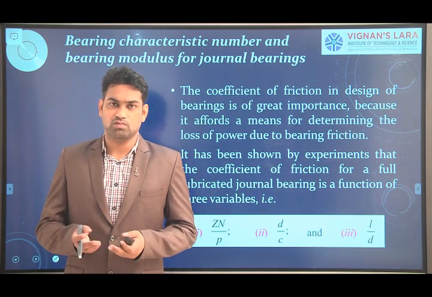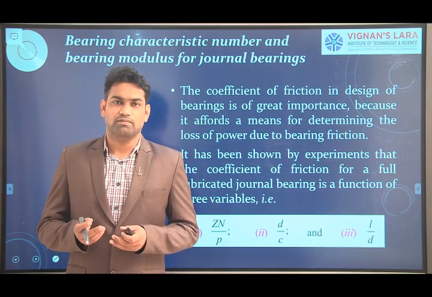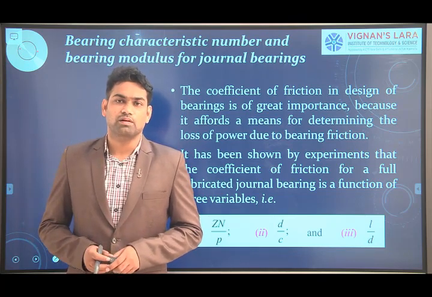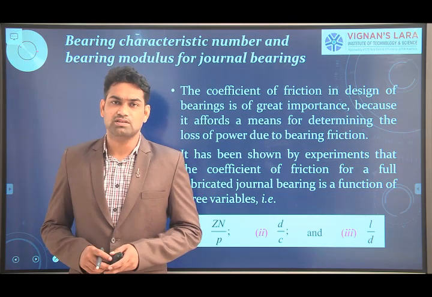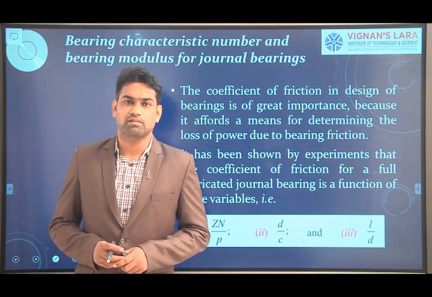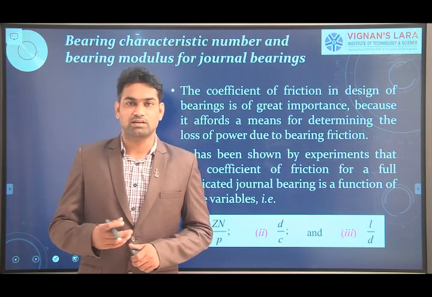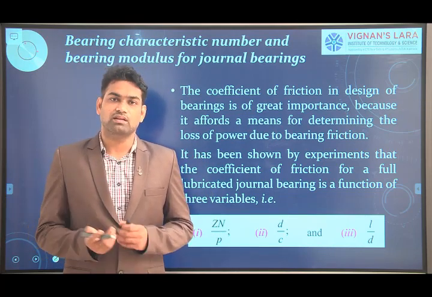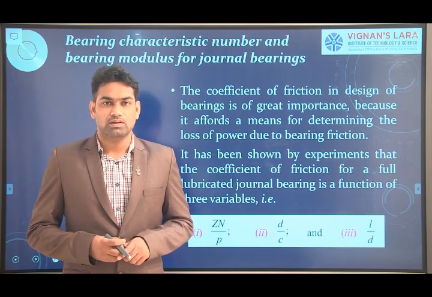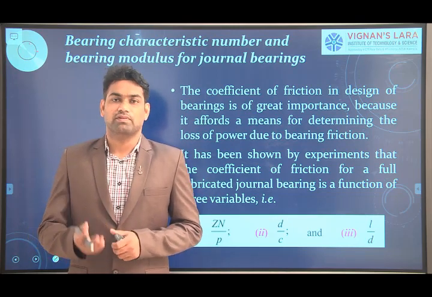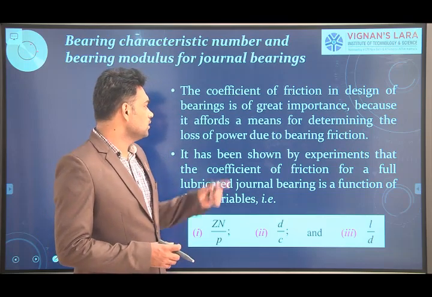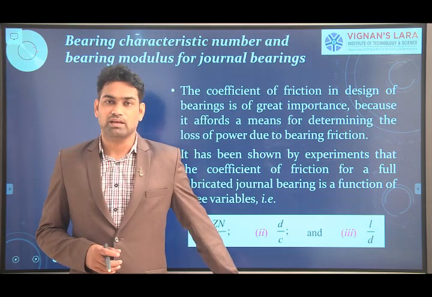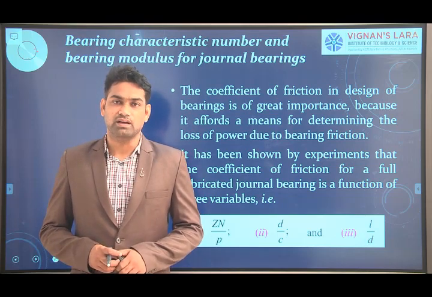The coefficient of friction is a factor that indicates the amount of power that is going to be wasted. If friction is present, that directly indicates that power is required to overcome that amount of friction. So whenever the friction is greater, the power loss is also greater. Here, the amount of friction is a function of different working parameters that we have stated earlier.